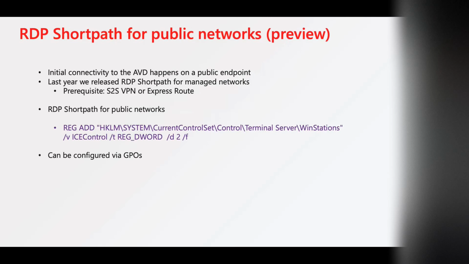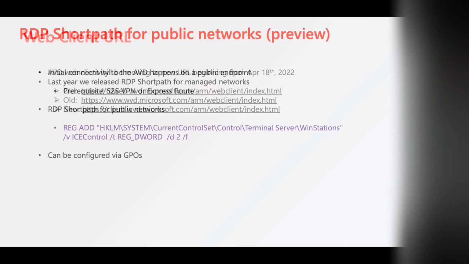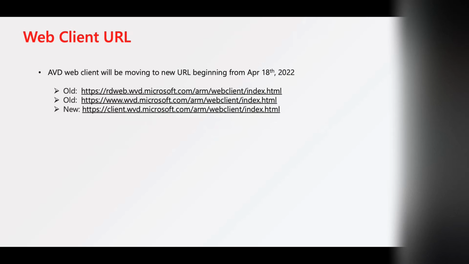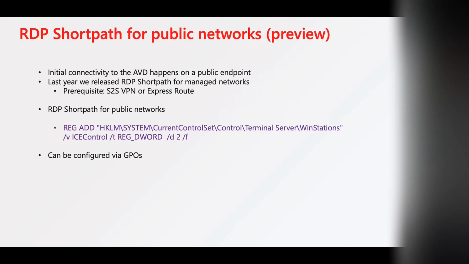Yeah, so this is a new exciting feature that I want to talk about. To access Azure Virtual Desktop, the initial connectivity always happens on a public endpoint. And the public endpoint is the one that I showed you here, right? These rdweb.wvd, whatever it is. That's a public endpoint. It's HTTPS 443, TLS 1.2 enabled. It's all good, right? But then what happens is